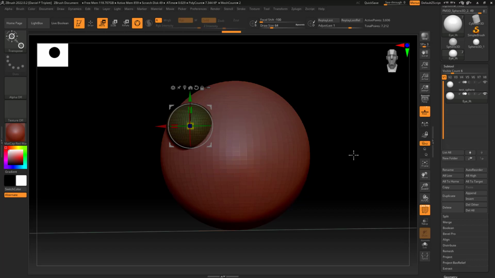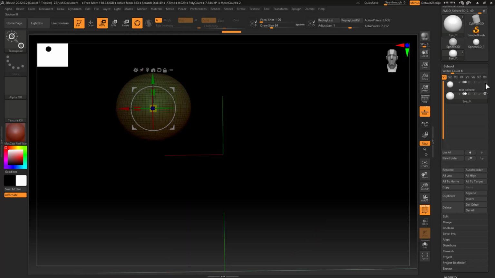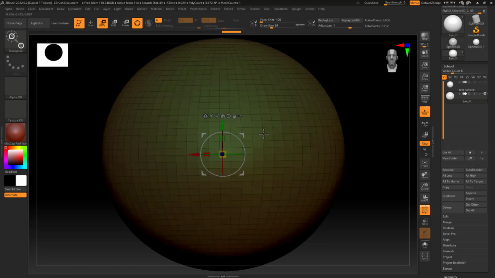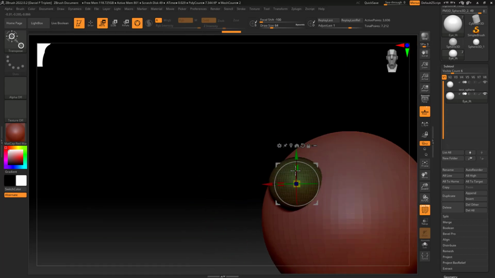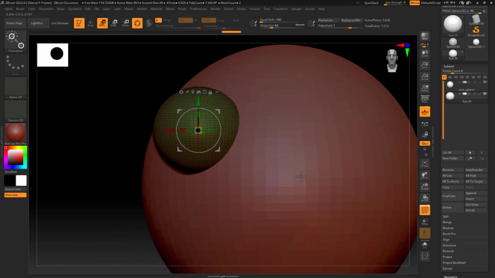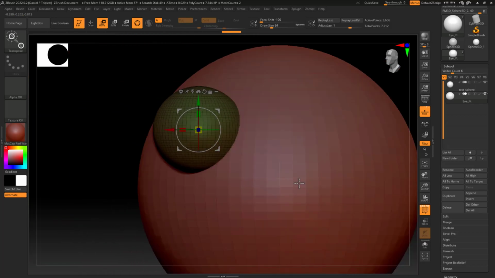So I'm going to go ahead and hit F. That's another main thing. So F is frame. That's this button right here. And that's a really good thing to know because you'll be doing that a lot. Like for instance, you put in a few different tools, or you want to work on the backside here or something like that. Let's say I hide this, and then if I hit F again, see, it'll frame that whole thing into my scene. So you can see that that's a great example of where you might want to use the framing, because you don't want to have to keep zooming in and out. You just hit F and it'll zoom you in. Okay, so